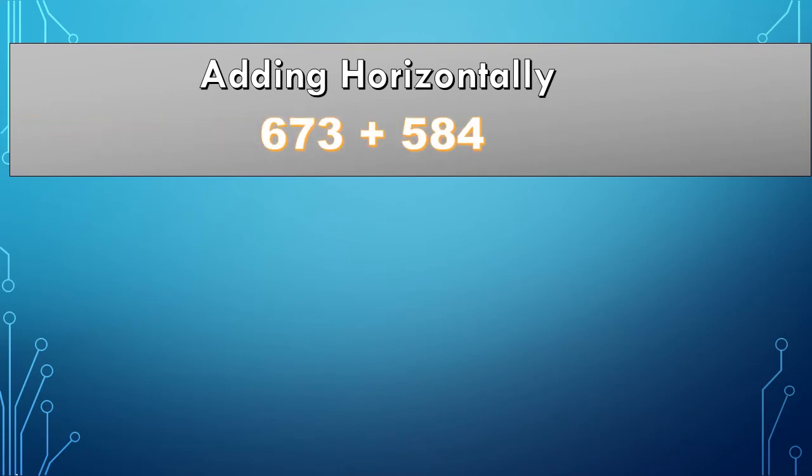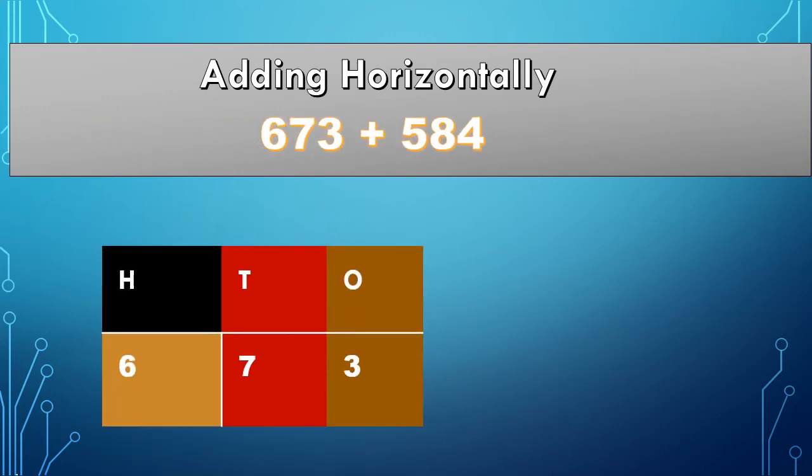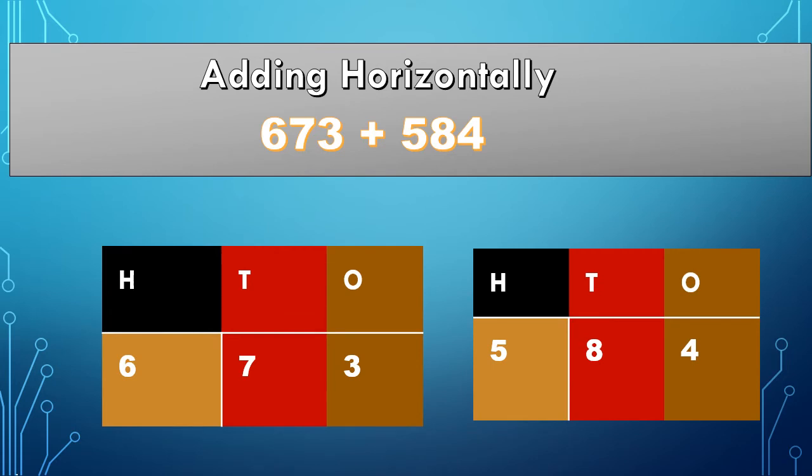But what will you do if the numbers are a little big? That means we apply the carryover rule. Let's learn today. First of all, you write the numbers, placing them according to their place value. You can see we have written the numbers according to their place value. 673: 3 is written in ones place, 7 in tens place and 6 in the hundreds place. Same for the other number also: 5 in hundreds place, 8 in tens place and 4 in ones place. Then we will follow the next step.